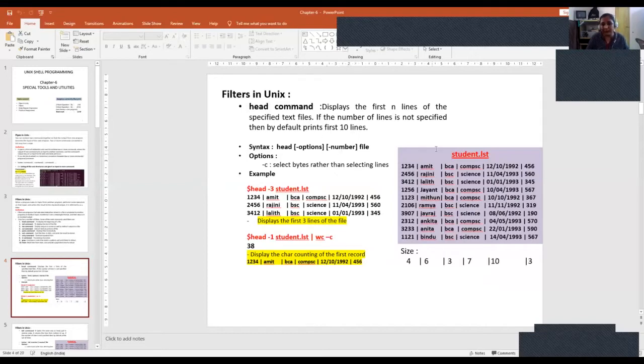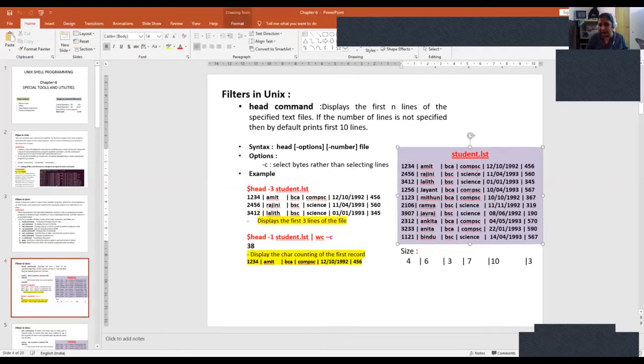So to understand all these commands, I have used student.lst as a database, which I'll be using as the same data for all the commands. Let us consider this as student.lst with these fields, where the first one is a register number whose size is 4. Next one is the student name, where you can enter a maximum of 6 characters. Then the course name, that is a maximum of 3 characters. Then the course domain, that is computer science or a science, which is a maximum of 7 characters. Then this is the admission date. Then this is the total marks that he has received. So this is one of the student databases. Through this database, let us understand the concept.